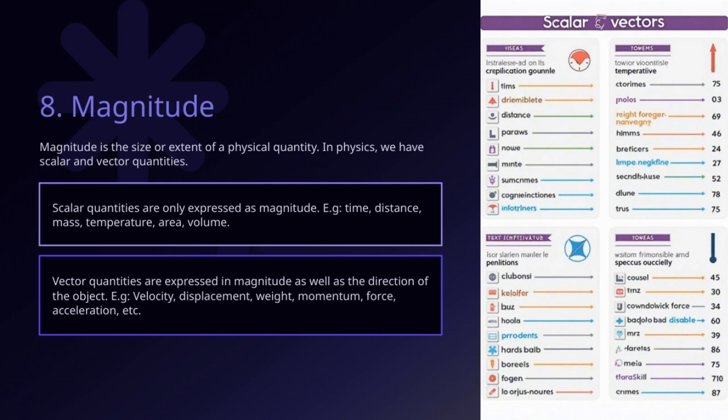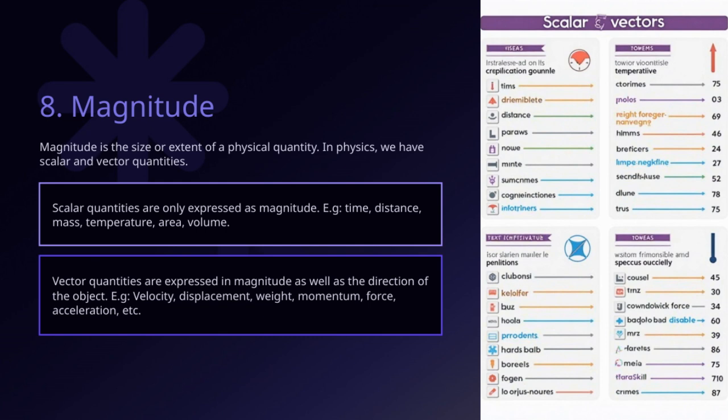On the other hand, scalar quantities are simpler because they only have magnitude. Examples include time, distance, mass, temperature, area, and volume. These are straightforward. They tell us how much of something there is, but not where it is or which way